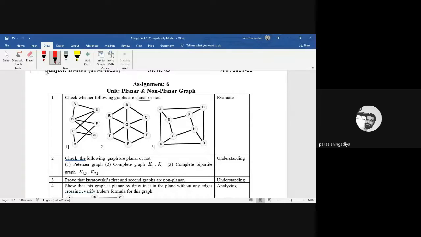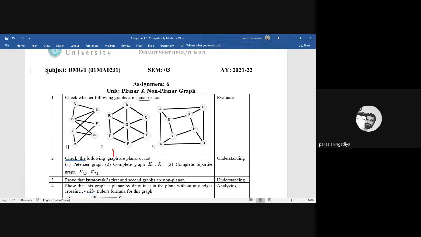And then check the first, second, and third. In the second and third, there is no intersection between any two edges. You can see that it's clearly a planar graph. Clear? I just verified the second and third. It is a planar graph. Similarly, the third graph: you just observe the sketch of the third graph. There is no crossover between any two edges, so it is also a planar graph.